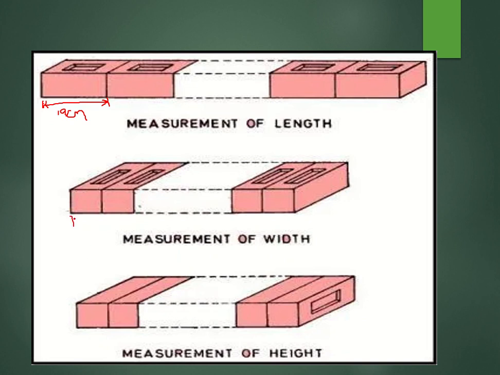So now check the width. What is the width of this brick? Standard size width of the brick is 9 centimeters. So again you are arranging the 20 bricks in terms of width. So this is 9 centimeters. So around 20 bricks, 180 centimeters should be the total width. Check what is the actual width you are getting. Check for the deviation, meaning how much deviation there is. Is it more or less? Similarly, do it for height also.